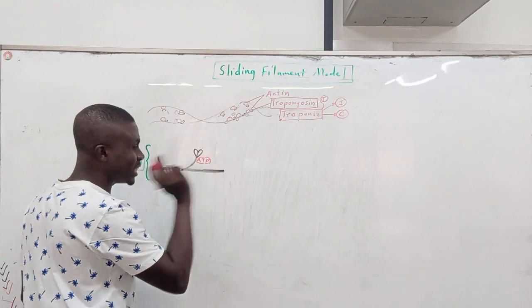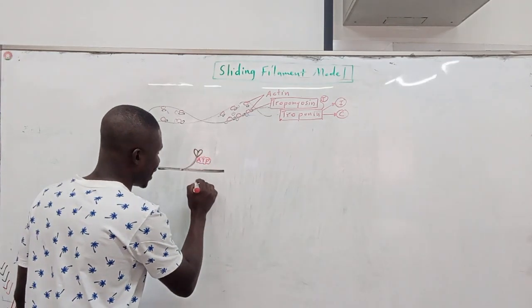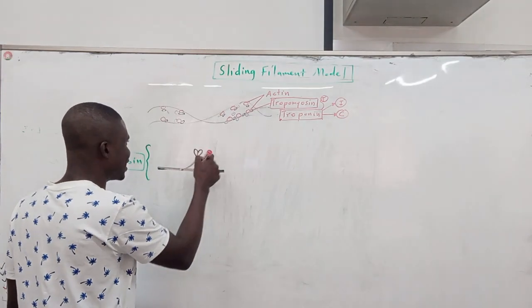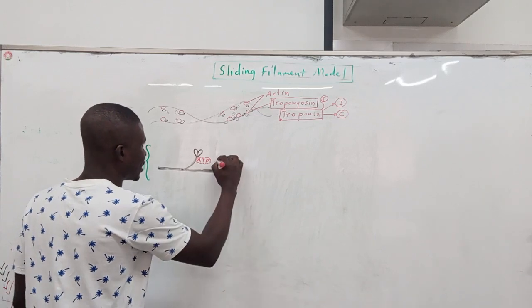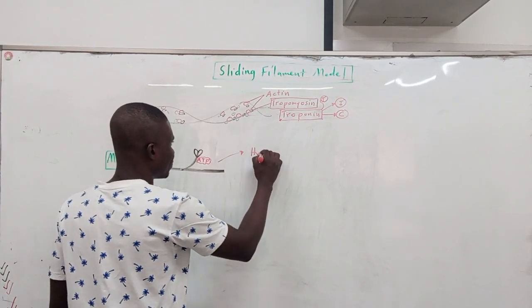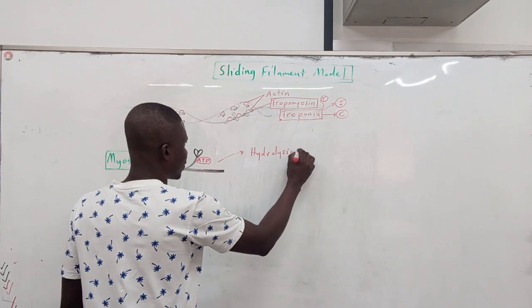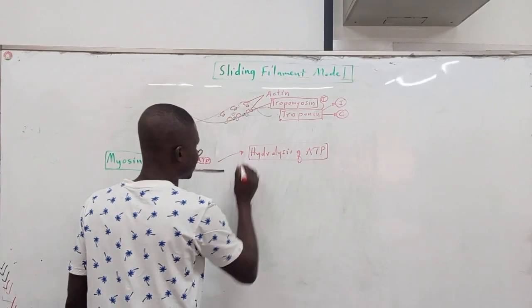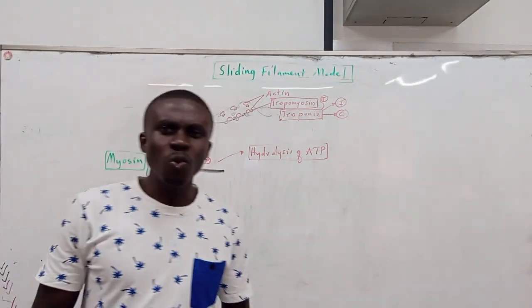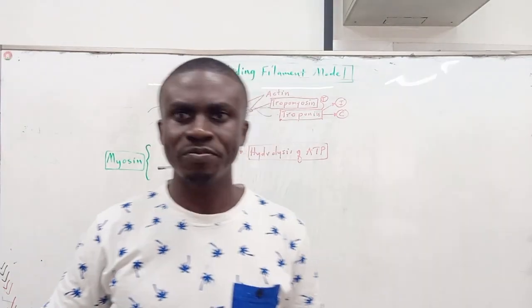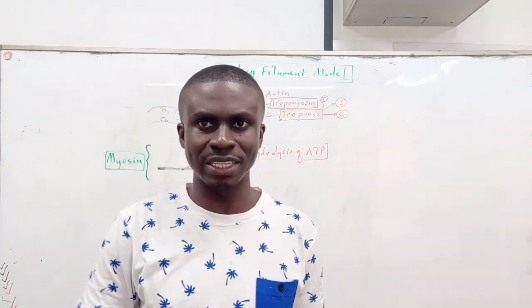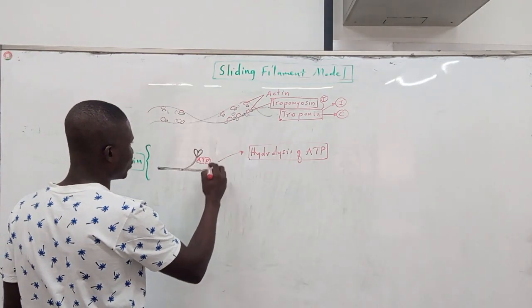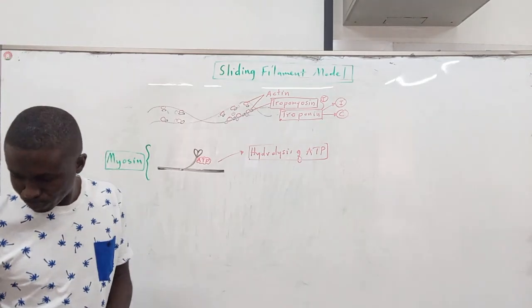Now, whenever hydrolysis of ATP happens, the next thing that is going to happen is that there's interaction, but nothing is happening, no firing. The next thing for us to see is hydrolysis of ATP will take place. My friends, we know that whenever there's hydrolysis of ATP, energy is released to drive certain processes. So this time around, what we are going to see is that after hydrolysis of ATP,